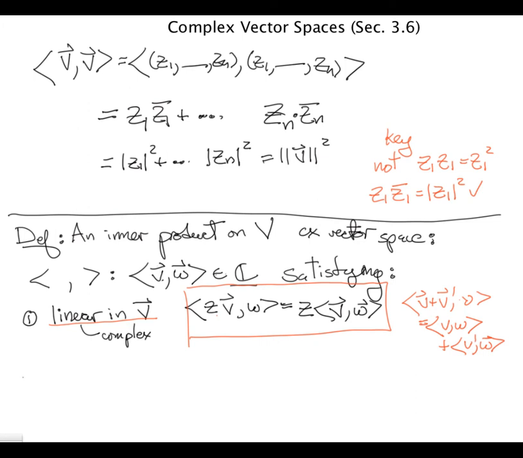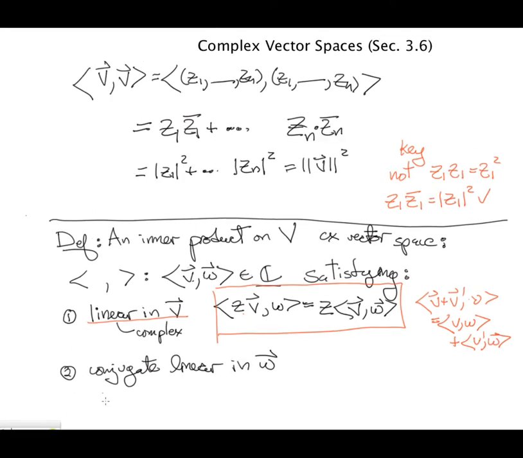And you might think that you want it to be linear in the second variable, but you don't. It's what's called conjugate linear in w. And what that means is that if you have something like this, v, zw, the z pulls out just like before,